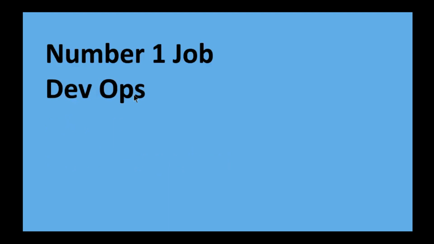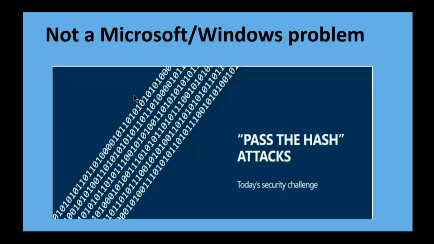Number one job, I brought this up at the last MPIC conference at a lunchtime talk. The number one job in San Francisco is still DevOps, which is development and operations. If you don't know what that is, come talk to me. But I've been tracking the job market in the Bay Area for 6 years. DevOps is still where it's at.